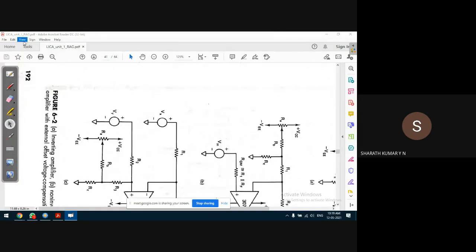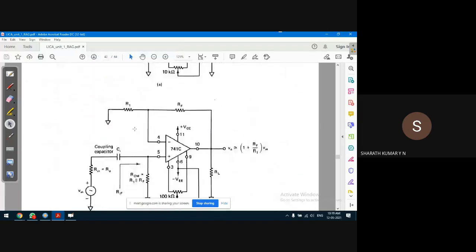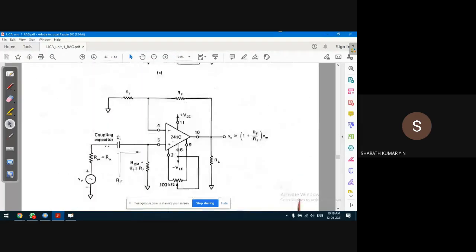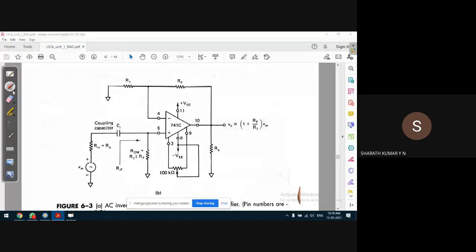If you see the AC amplifier, where the input is AC, for the non-inverting input there is a path for the DC current to flow, because there is a ground point. But for an AC input, there is no path for the DC current to flow. Why? Because from this network, only AC is coming. Even if there is any leftover DC in this AC, it is blocked by the input coupling capacitor. So here there is no DC current.